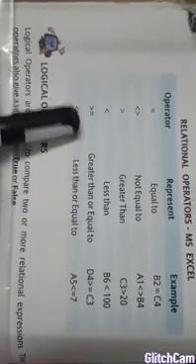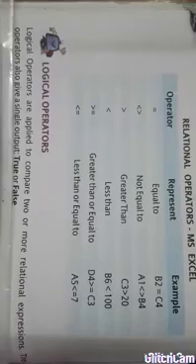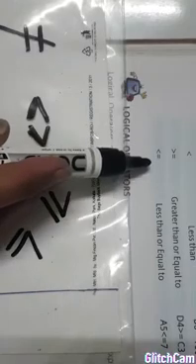In the same way, greater than or equal to. We don't have any symbol like this, greater than and equals to, or less than and equals to. We don't have this type of symbol in computers. We have these types of symbols: greater than, equals to, less than, equals to.